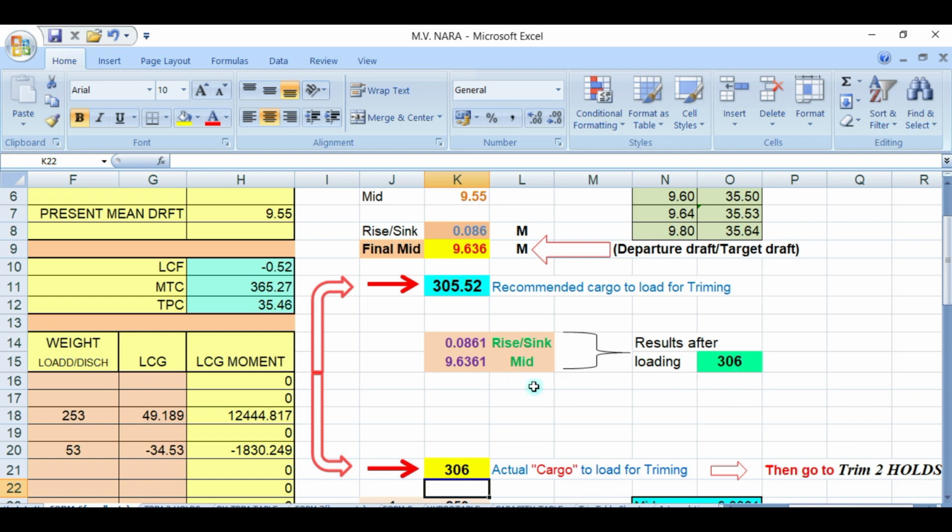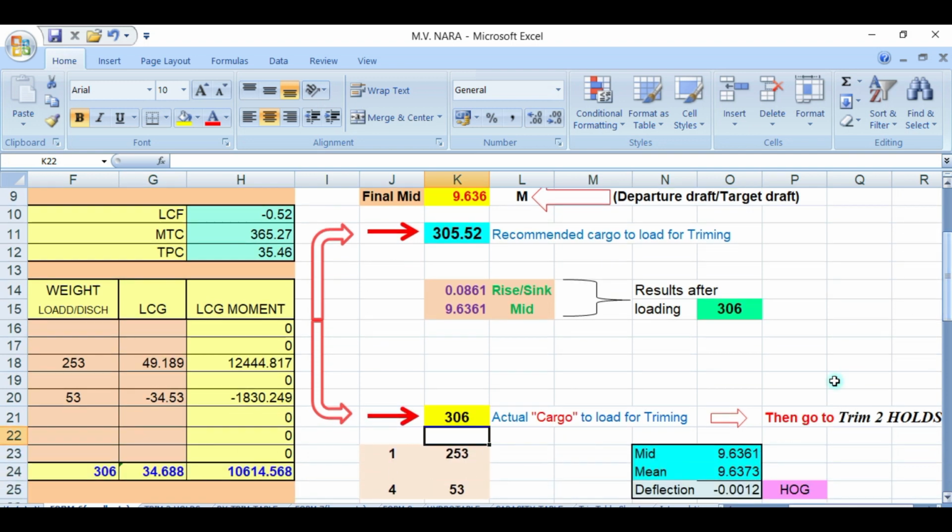Your mid drop would be 9.6361, which is almost the same here, and your sinkage is 0.0861, which is almost the same here. So this is the best remaining cargo to load.